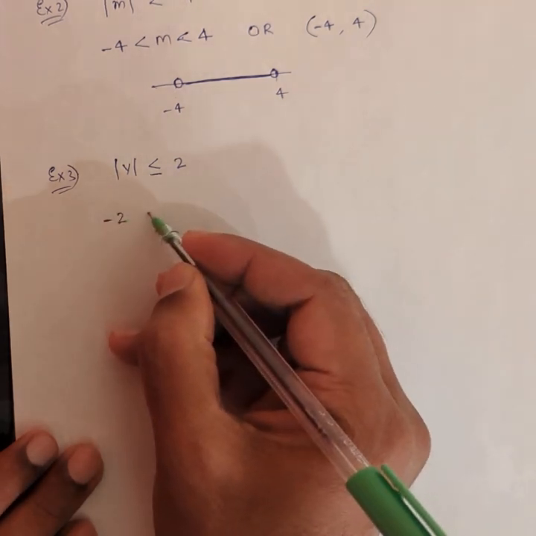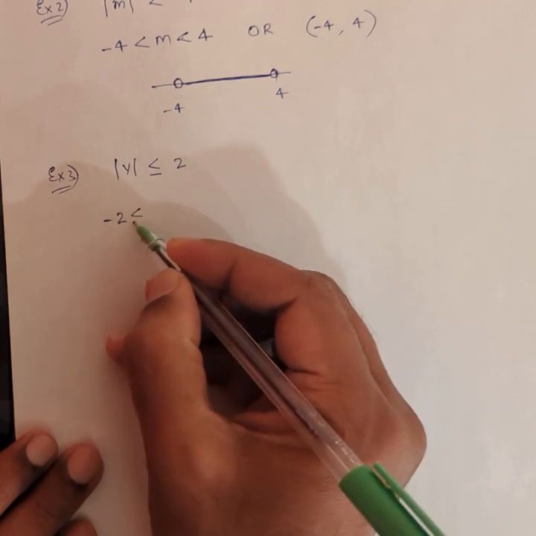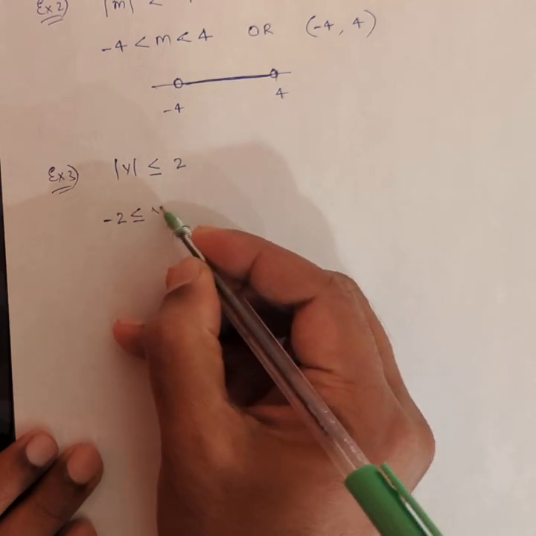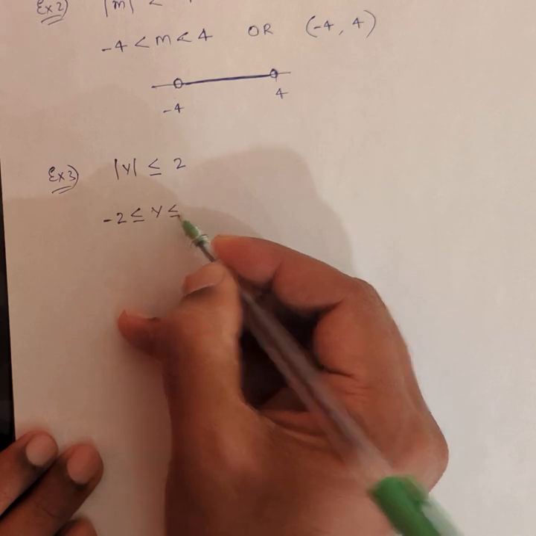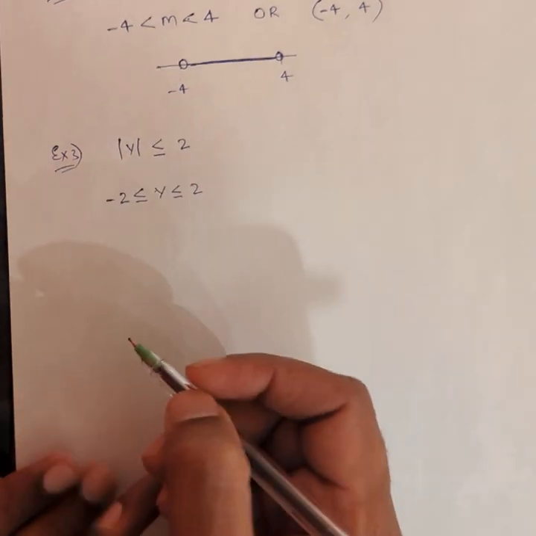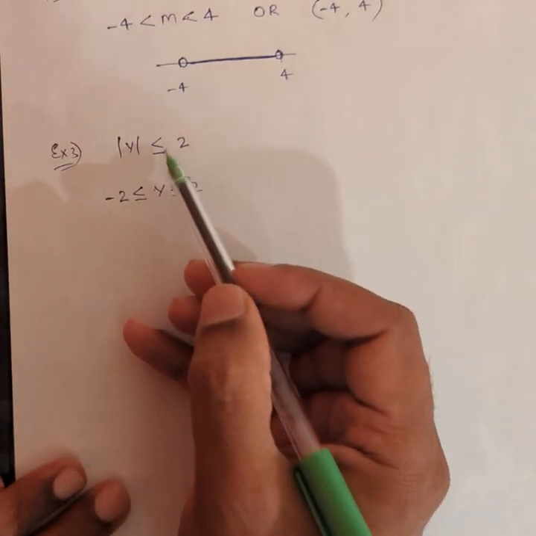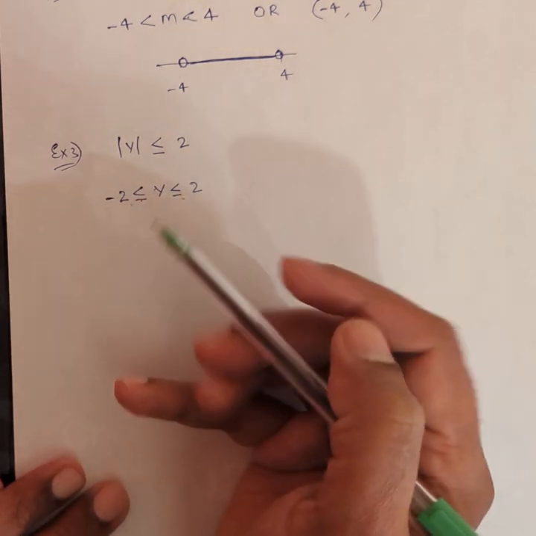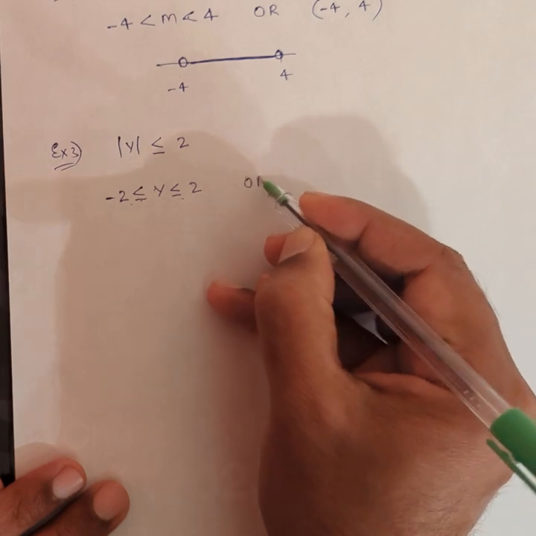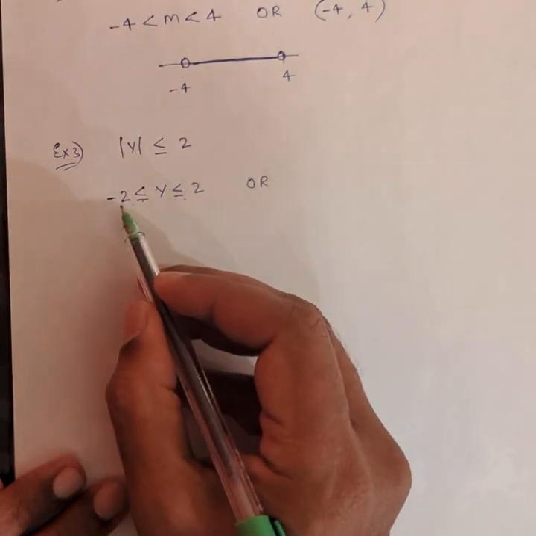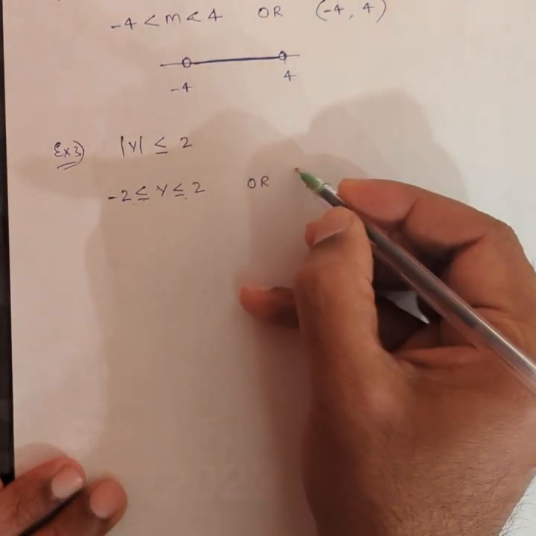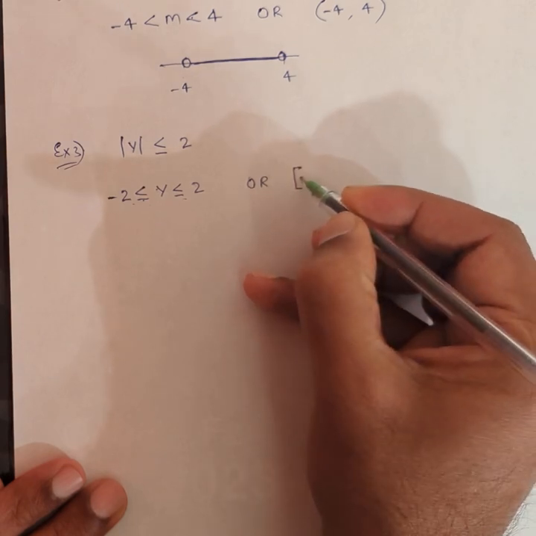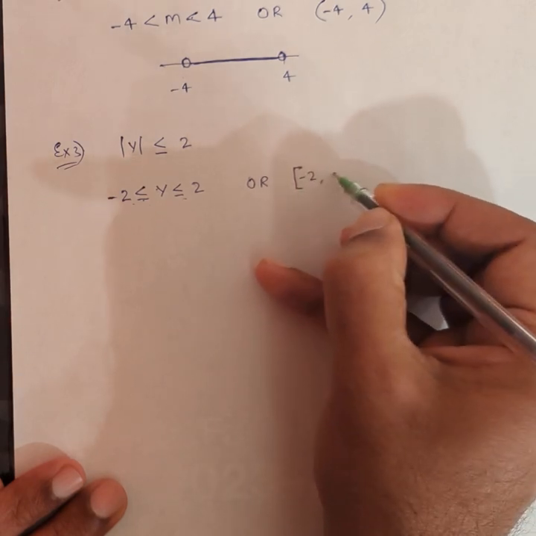So I'm going to have negative 2 less than or equal to y less than or equal to positive 2. If it is less than or equal to, I'm going to have less than or equal to in my solution. And since I'm including negative 2 and positive 2, this is going to be a closed interval. So I'm going to use brackets,